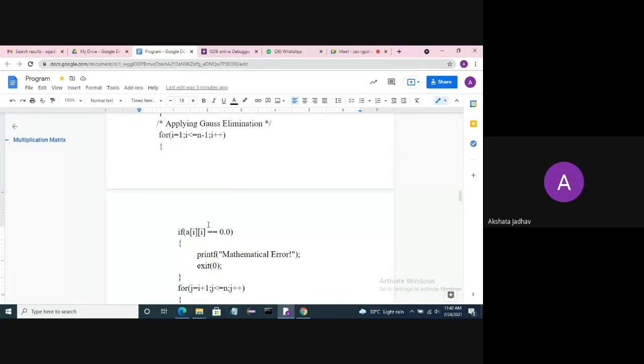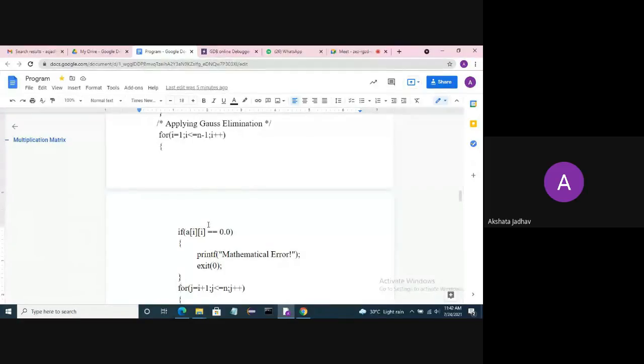Apply Gauss elimination method: for i equal to 1, i less than or equal to n minus 1, then i plus plus. Here if a[i][i] is equal to 0.0, floating point 0.0, that is, the i row and i column having 0, then a mathematical error will occur.